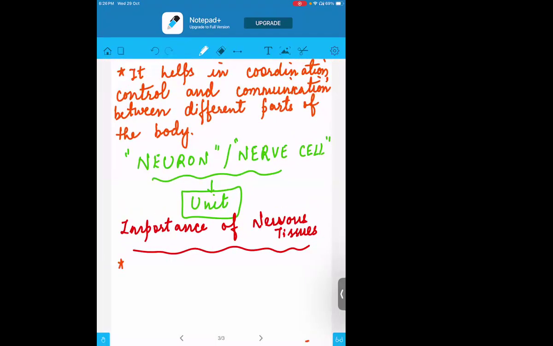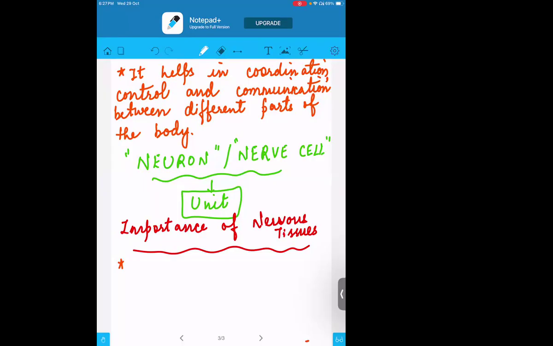So there should be someone to carry them, right? In the olden times, the postman used to carry the letters. If I write a letter to my friend or relative, I drop that letter into the post office, and the postman carries it, transferring it through different vehicles, and ultimately gives it to the person present at the other end. In our body, the message also has to be transferred.